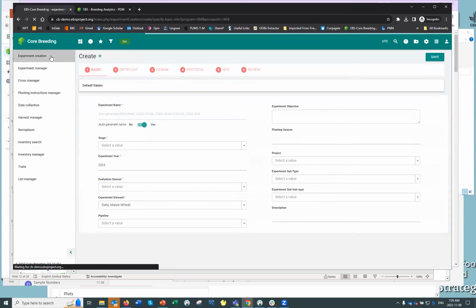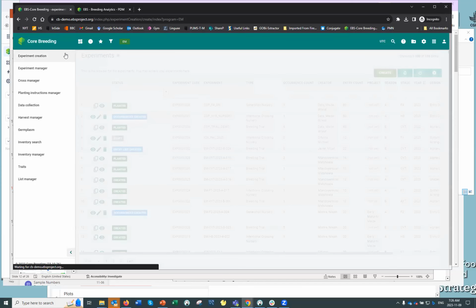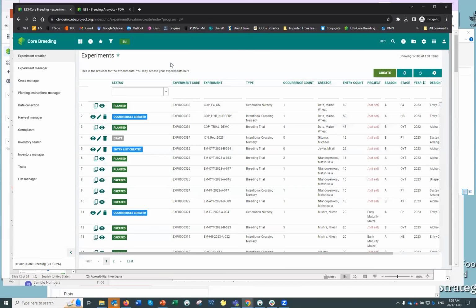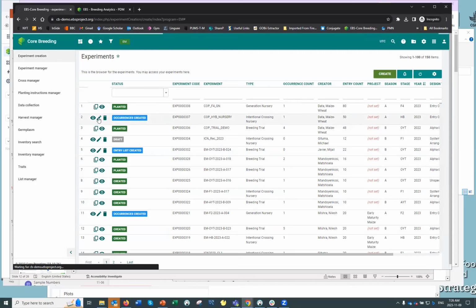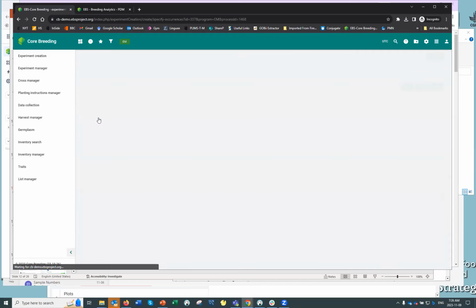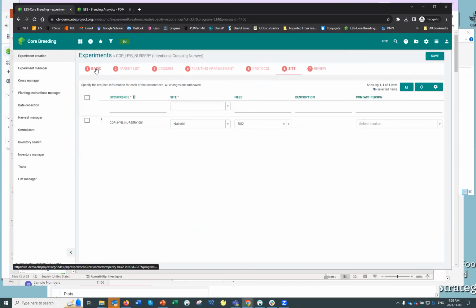To show you an example of what a work in progress experiment creation would look like, I have another example of a different workflow, which is an intentional crossing nursery. This is a type of experiment where at the beginning of the season, the user knows what crosses they would like to set up. One common example of this may be in hybrid breeding, where at the beginning of the season, members of a breeding program are setting up crosses for hybrid formation. So in this workflow,